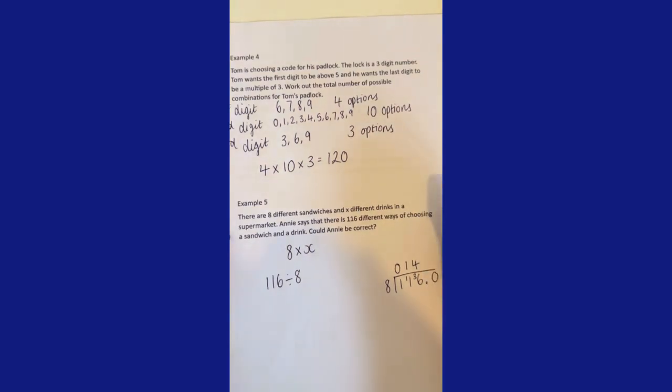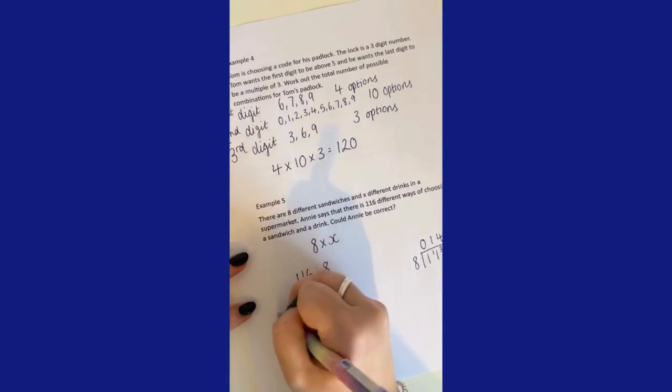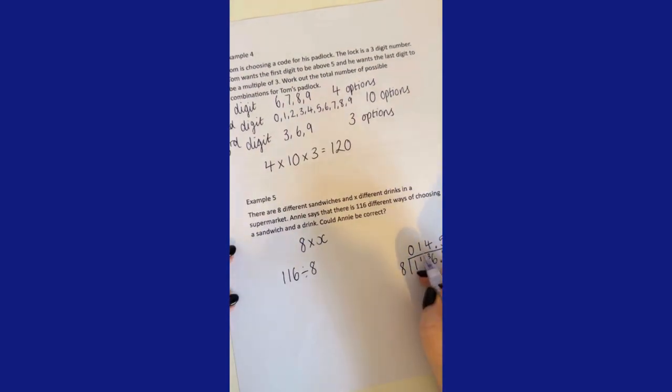Now, 8's go into 36 4 times. 4 8s make 32, which means we've got 4 left over. Normally if I was doing division, I would put a decimal point and carry that 4 over. Then 8 goes into 40 5 times. So 14.5. Now, if Annie is correct, what that is telling me is that it must be 14.5 different drinks